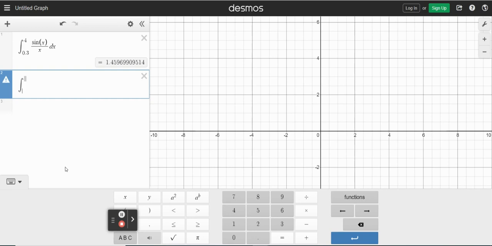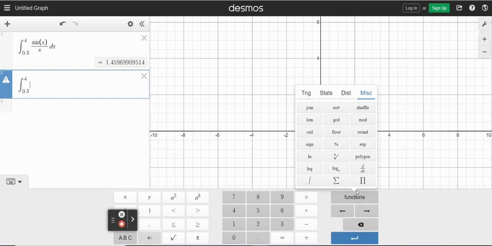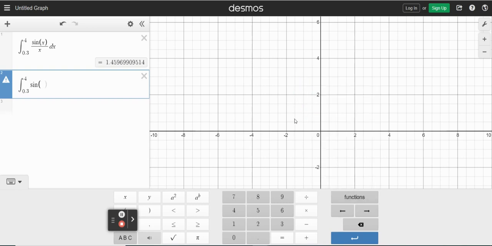So now you can see that the cursor is in the position of the lower limit of integration. I'll enter 0.3, use the up arrow. I will enter 4 for the upper limit of integration. Use the right arrow. I want to enter sine x, so I can go to functions, trig, then I have sine x, close parentheses,